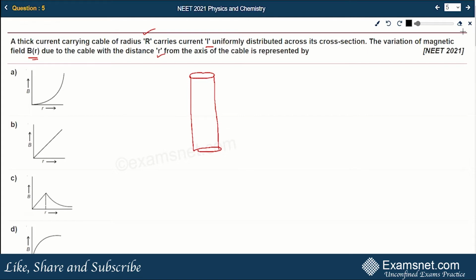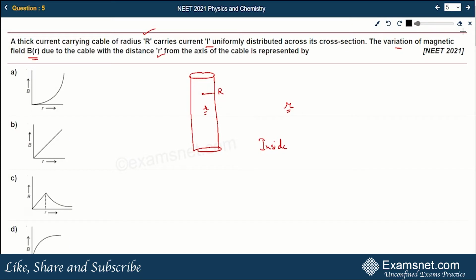So according to the question, the radius of this cable is capital R, and we have to find out the variation of magnetic field at a distance small r from the axis of the cable. So this distance small r can be somewhere inside the cable and it can be somewhere outside the cable, right? So magnetic field will vary at both the places and we'll see how it varies. Okay, so first we'll see what is the magnitude of magnetic field inside the current carrying conductor, that is cylindrical